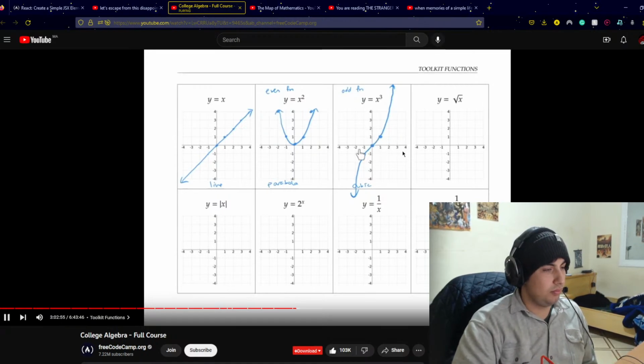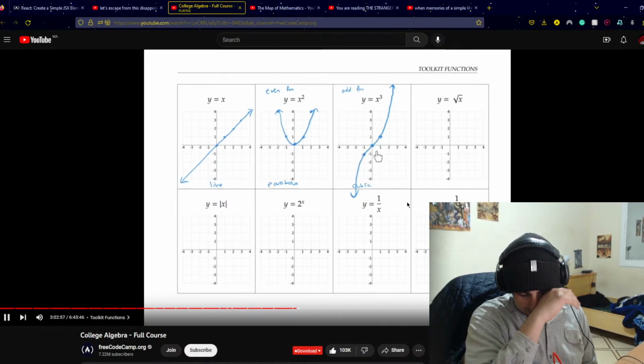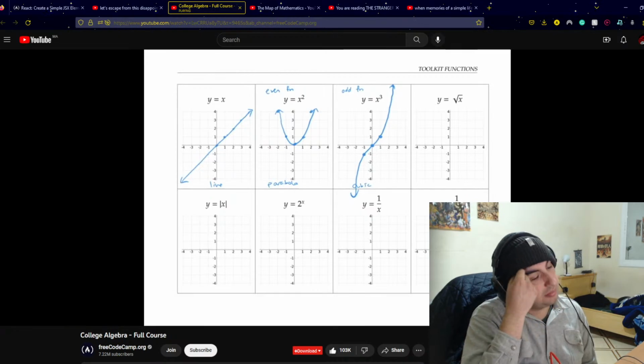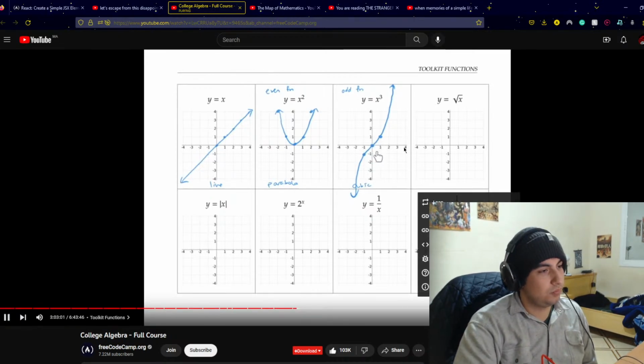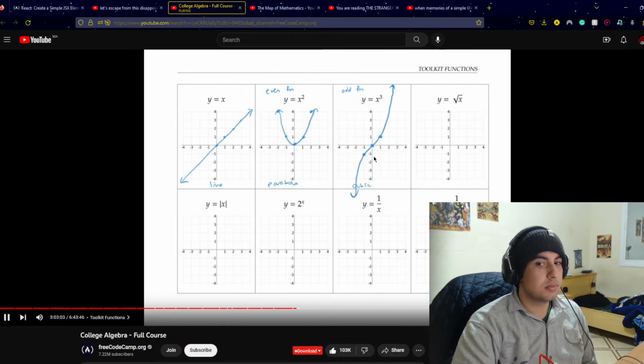If I rotate this whole graph by 180 degrees, or in other words, turn the paper upside down, I'll get exactly the same shape. The reason this function has this odd symmetry is because when I cube a positive